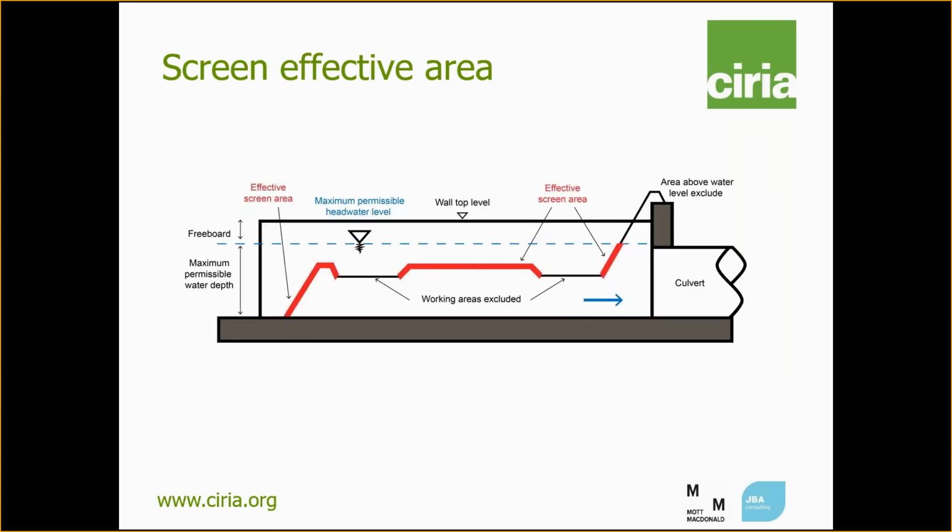The effective area of a screen is key to its hydraulic performance, and this is the net opening area that's available to carry flow and excludes areas that are above the maximum allowable water level. It excludes working platforms and any areas that are permanently obstructed, for example, due to the supporting bars. The effective area should be at least 3 or 4 times the culvert or outfall area, and as large as reasonably practicable. So we're looking for an area of at least 4 times the culvert area for security screens, which